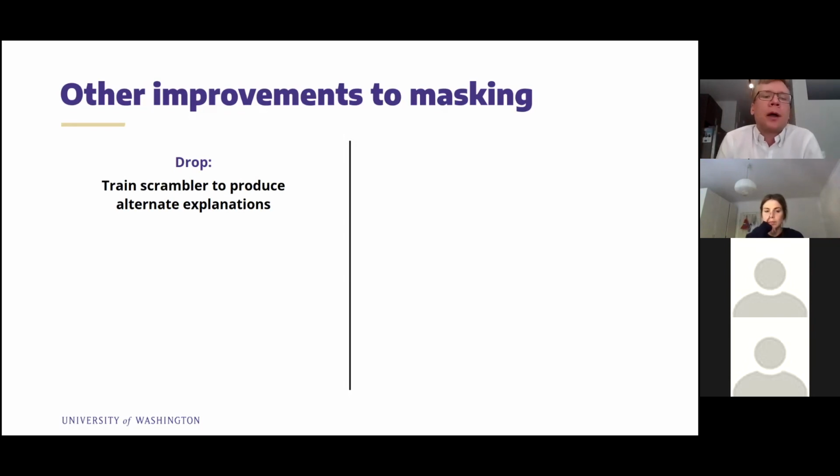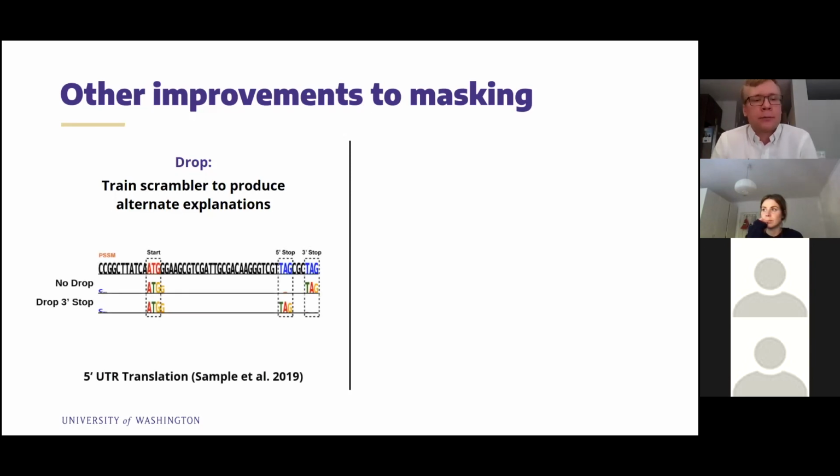So by introducing dropout layers at the right positions in the scrambler network, specifically right after the mask that it predicts, we can train a scrambler network that allows us to dynamically query the scrambler after training for alternate possible explanations. So for the 5' UTR example, we can dynamically ask this scrambler for alternate explanations for why we're observing low MRL.